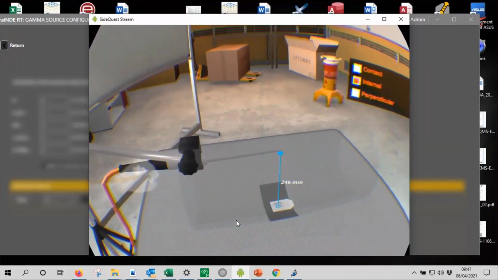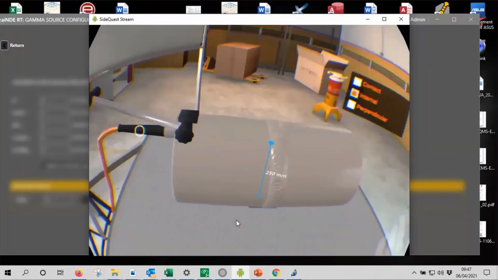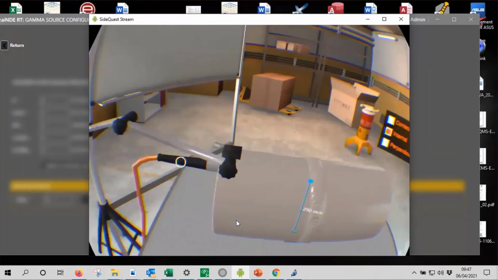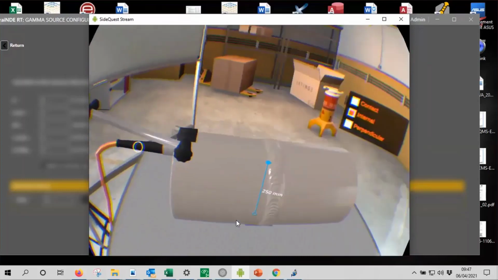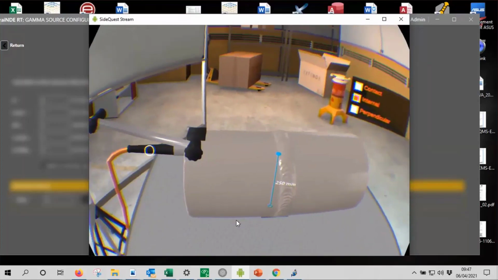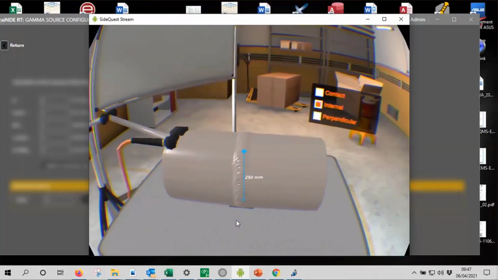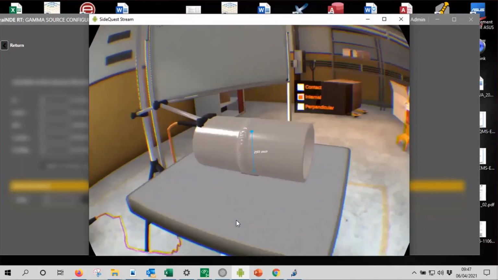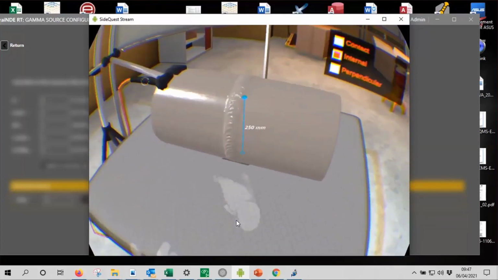So let's go to 250. Of course, you need to calculate again the blurring based on the shape, the geometry of the source, the distance, the thickness, and so on. So here, let's go for 250 millimeter with internal. I will pass through only one thickness and inspect this part of the pipe.